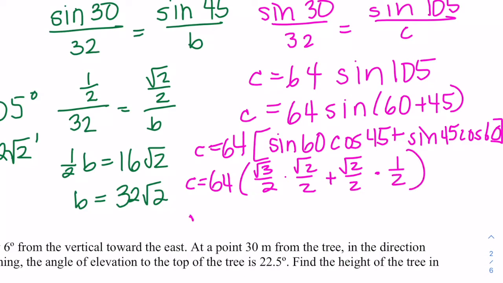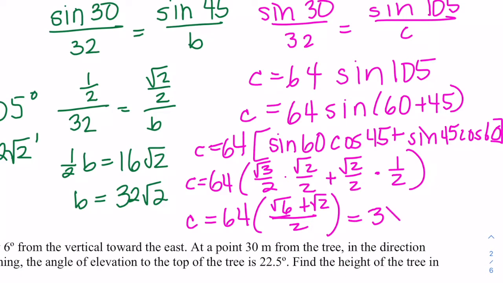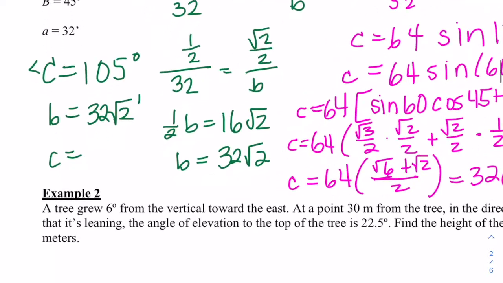So we could rewrite this as 64 times root 6 over 4 plus root 2 over 4. And so that simplifies to 16, or 32, I should say, times root 6 plus root 2. So we're going to have a little bit of radical here, but that's okay. So C would be 32